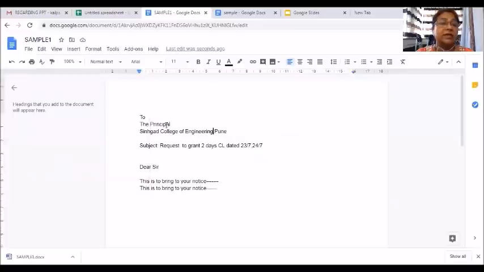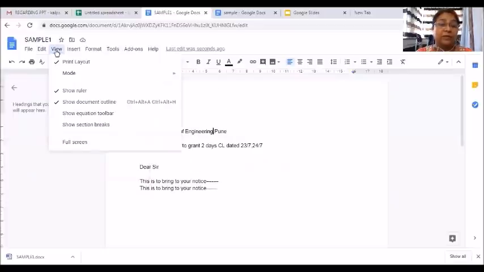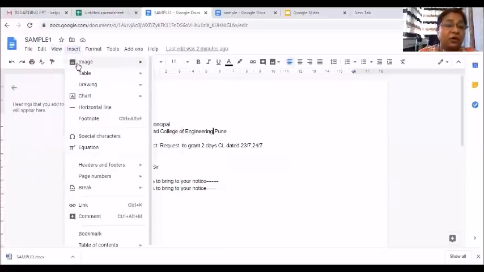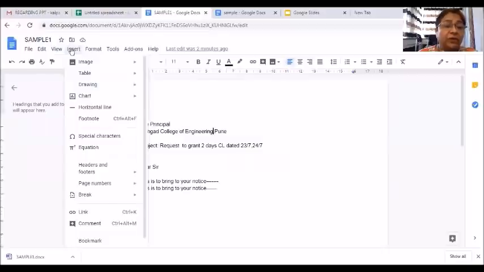So let us close this functionality, then go on to the view part. This print layout will be giving you the print layout of the particular letter which you have typed. The other functionalities are not so important in this case. If you say full screen, this letter will be appearing in full screen. So let us skip this view option because we don't want to view, but we want to do much more important functionalities